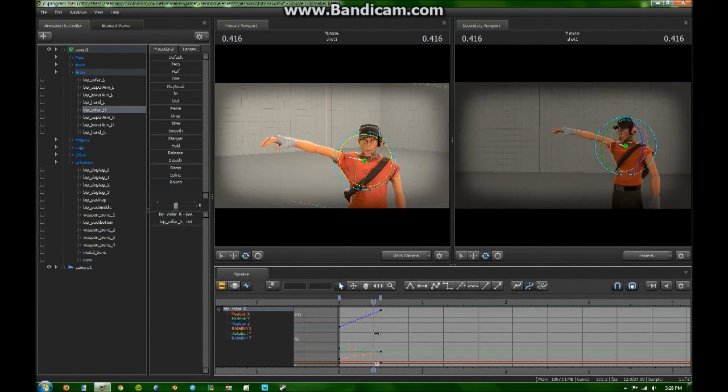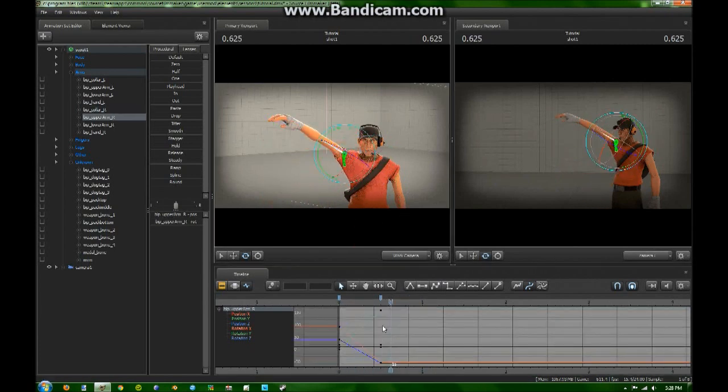So I say I want to move his arm up, but when you move your arm up like that, you don't just stop at the top. You know, I guess your arm would bounce a little bit, kind of like that. So now when he moves his arm up, it kind of has a bit of a bounce at the end. Looks a little more natural. And then if you add that onto the arm as well,